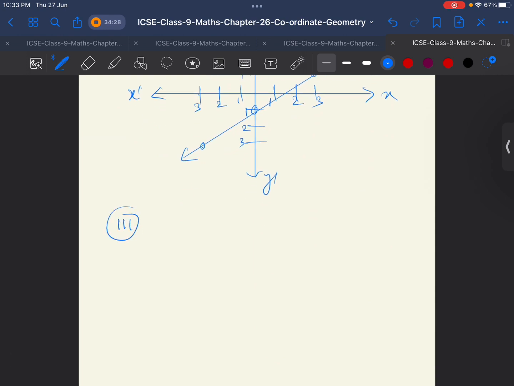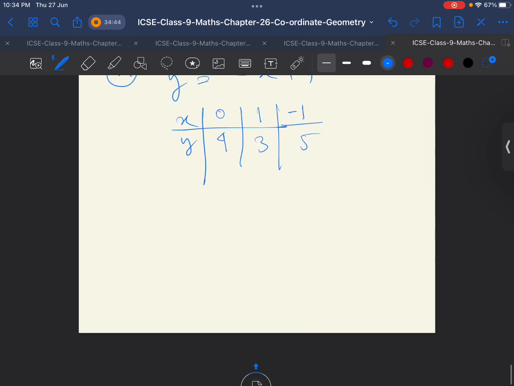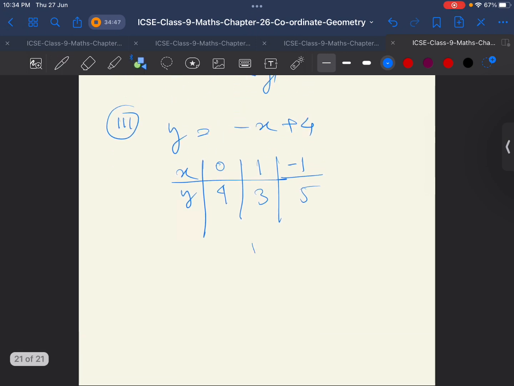Now question number 3: y equals minus x plus 4. Then the table is here: when x is 0, y is 4; 1, 3; minus 1, 5. So the graph is